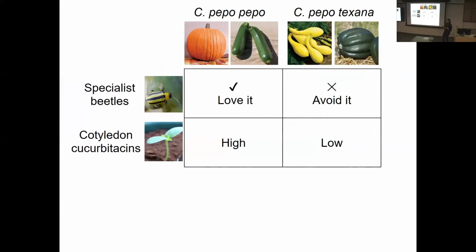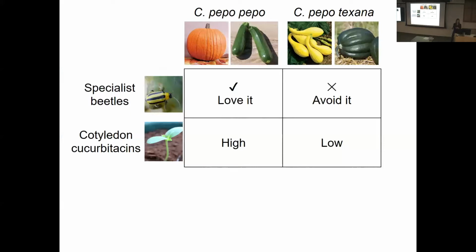And we know from previous work that beetles really prefer pepo, and cucurbitacin cotyledons are high in pepo. And the reverse is true in pepo texana. So in knowing our 2 phenotypes are aligned with population structure, we need to make inter-subspecific crosses and evaluate these